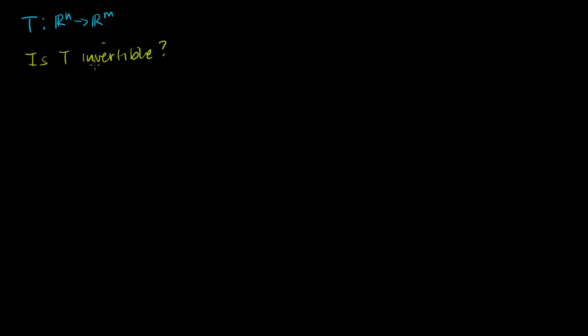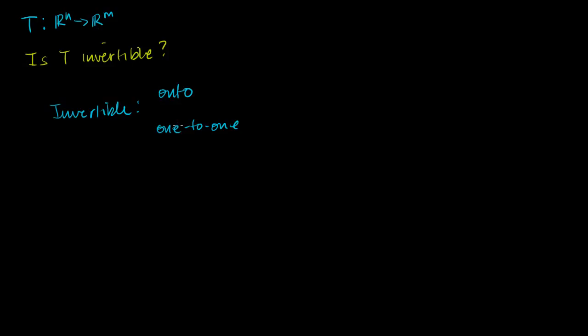And we showed several videos ago that a function, and a transformation is really just a function, is invertible if it meets two conditions. It has to be onto, or essentially it has to map to every member of your codomain, and it also has to be one-to-one. Another way of saying one-to-one is that every member of your codomain is mapped to by at most one member